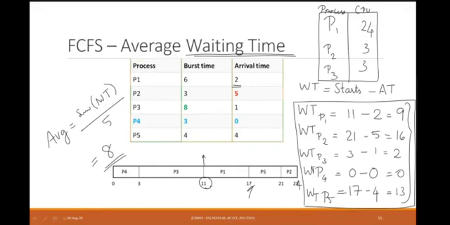Yes, Srinath, arrival time is not given. So you can assume that all of them arrive at time 0. In case the arrival time is not given, you assume that they all arrive at time 0 and in any order. But for the time being, we are going to take the order of P1, P2, P3. So this will be on your ready queue, P1, P2 and P3. So the arrival time of all the processes, whichever is not mentioned, will be equal to 0.